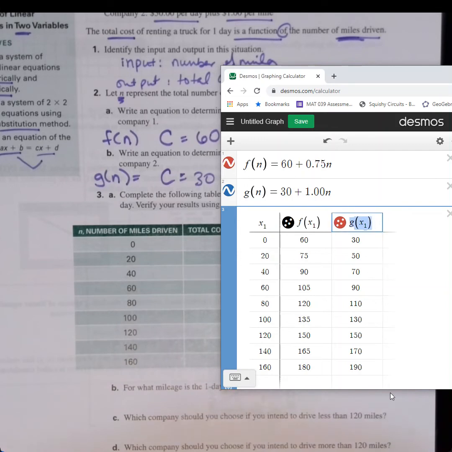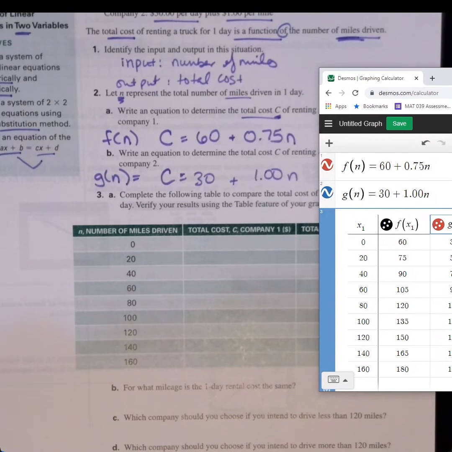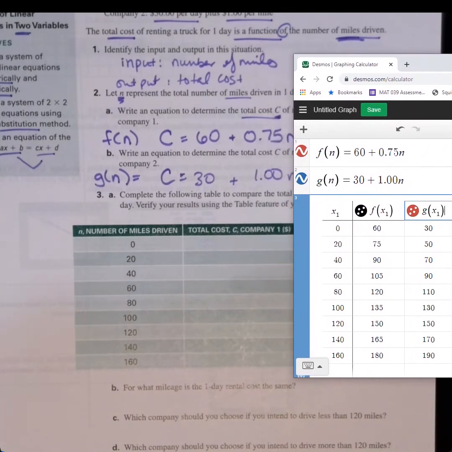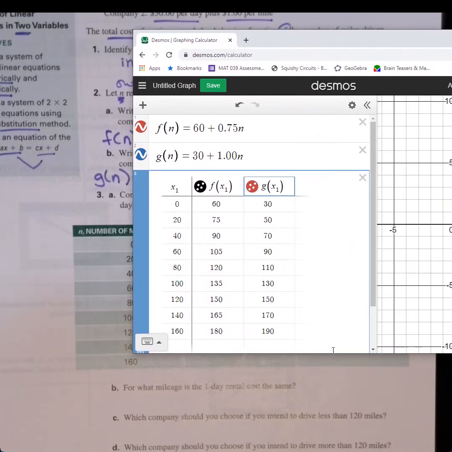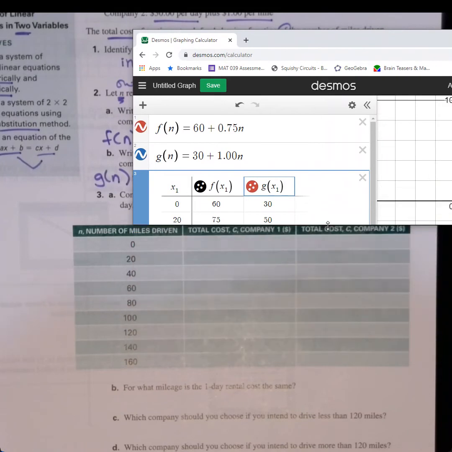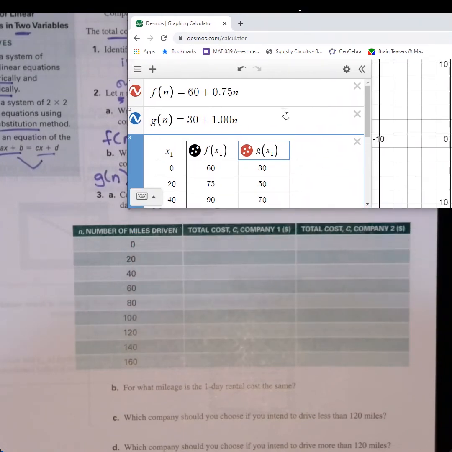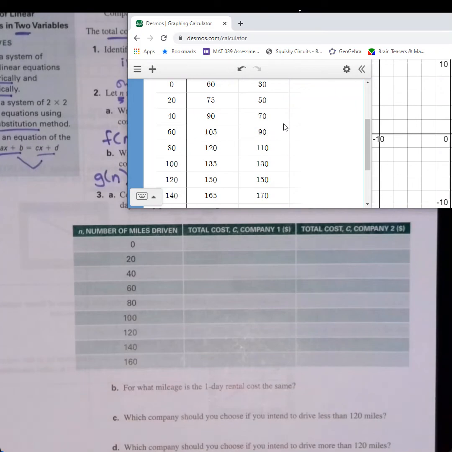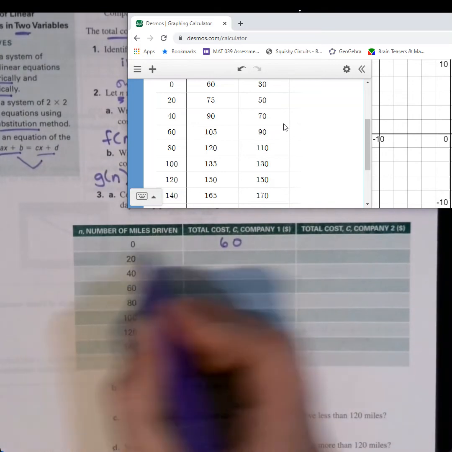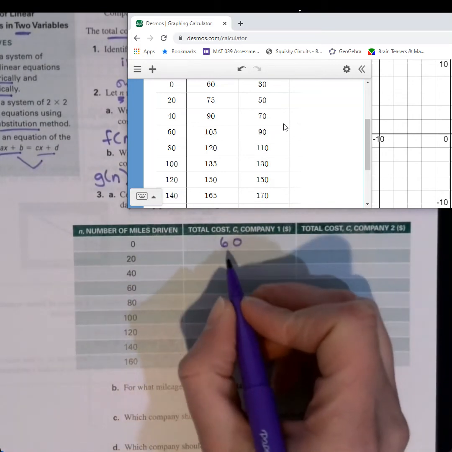If I hit the arrow key to move over on my keyboard, that's how I was able to enter 3 columns into this table, and I can fill in for multiple functions. I only have those 2 functions, so I don't need a 4th column. So I might be able to pull this up high enough that I can see these numbers and write them down here. All right, so we have for company 1, at 0 miles, we have $60, 20 miles,